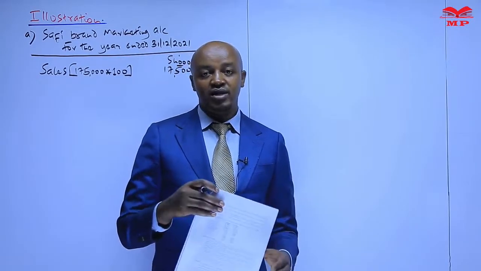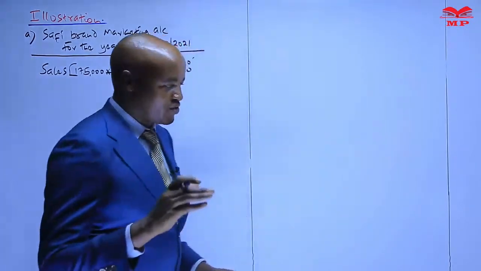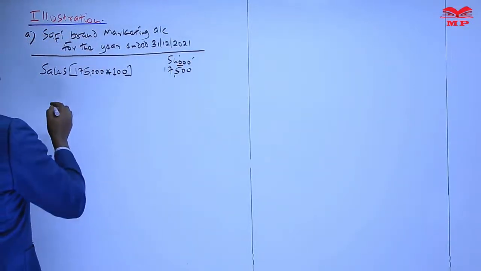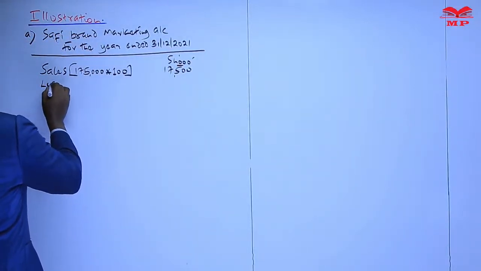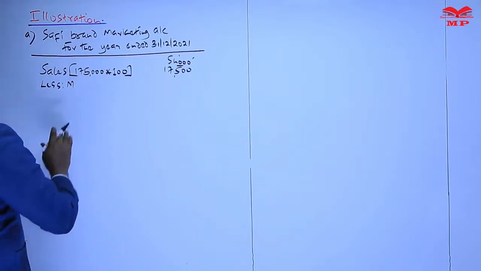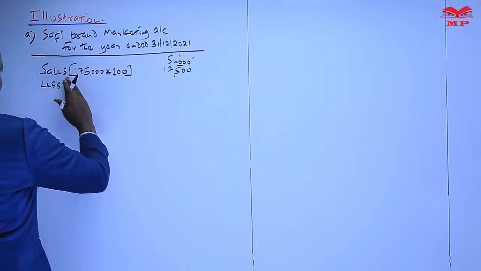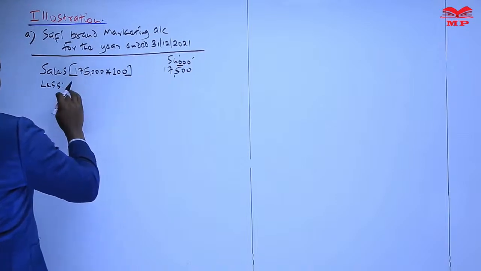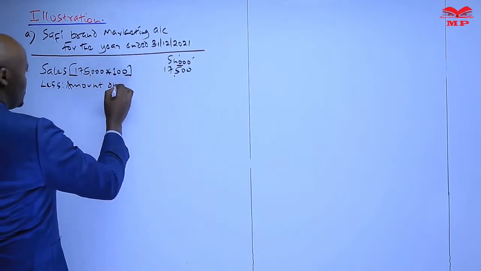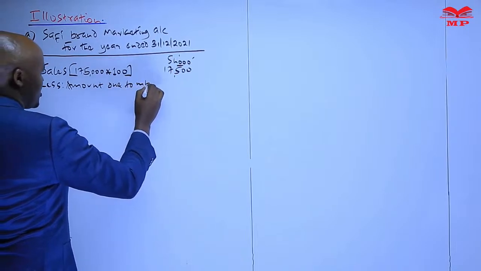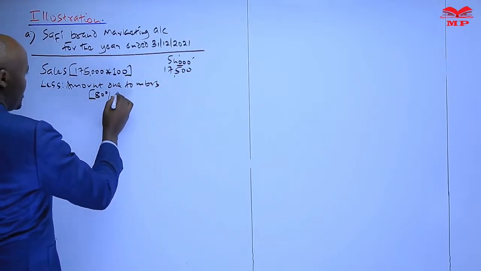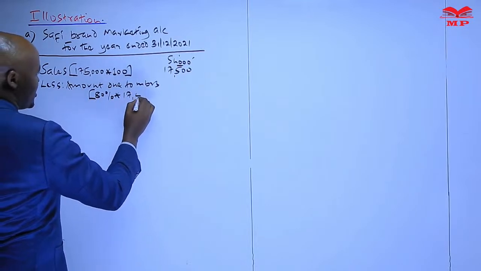So the first thing we need to do, even before we deduct the expenses, is deduct the amount due to members. In our case we have said the amount due to members is 80% of these sales,